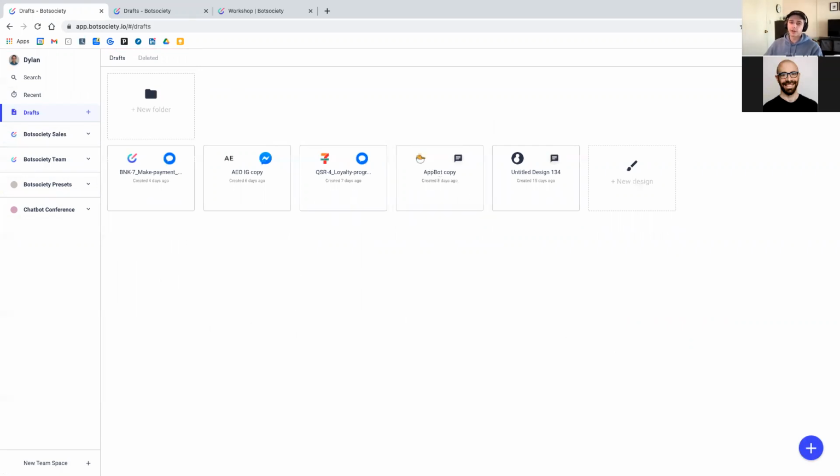we should talk about the first point on the agenda, which is chatbot ideation and persona. So usually when you are working in Botsociety, or when you're working on a conversational user interface project, it usually starts with ideating and creating a persona of that bot that you'll be designing. So before you even get into using Botsociety, where you're designing the conversational flows and the experience itself, you should first start with thinking about what your chatbot is going to do, how it's going to help people, what it